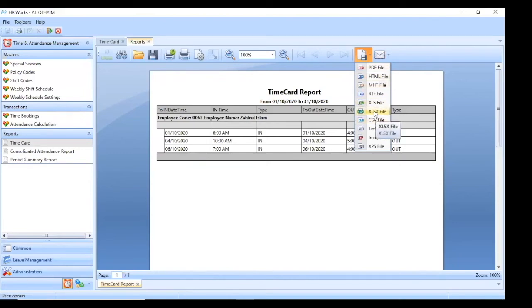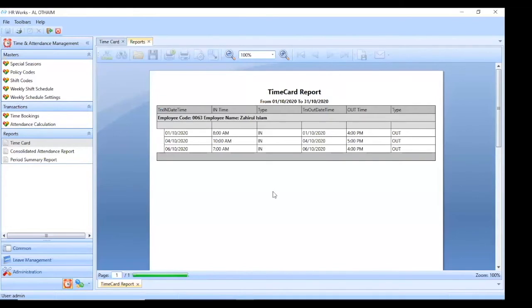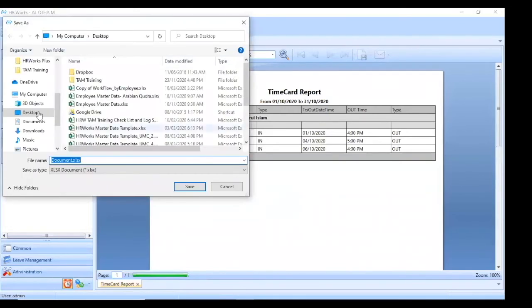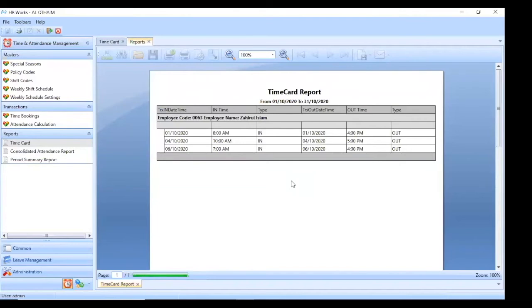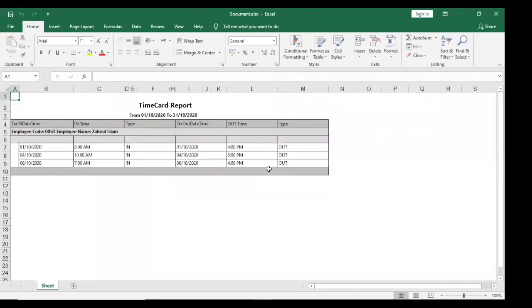I will export to XLS file. Now the report is exported to Excel file. So you can see the employee code, date, and the date and time.